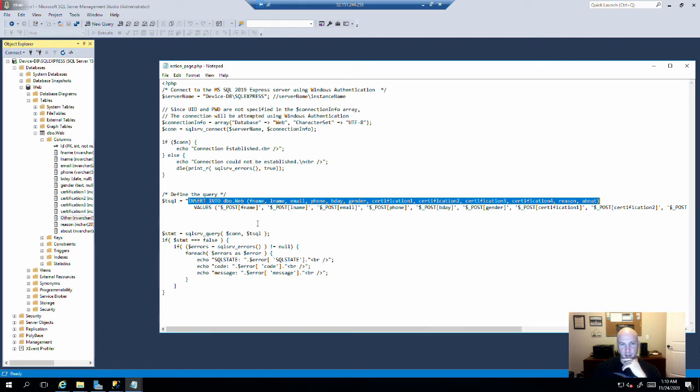And then finally, once all of that information is populated in the statement utilizing query language, SQL Server query, then we're getting back if this information was properly put into the database. If there are no errors, then it will just go back with the connection established. If there are errors, I'm telling it on 3 lines that I want to display the SQL state, the error code, and then the message that gives you a brief description of why that